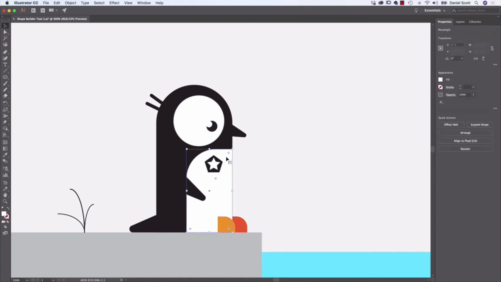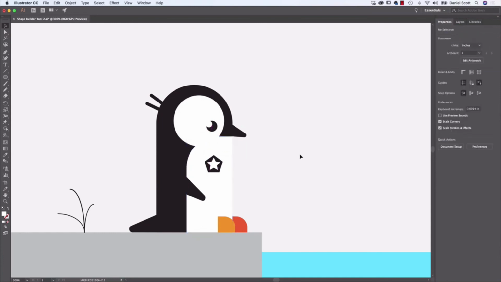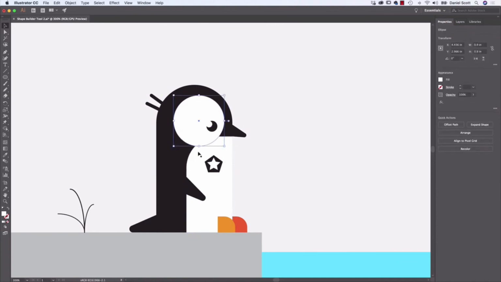What I want to do is join something. So I'm going to click with my black arrow, the white belly. And I'm just going to drag it up here. So it kind of overlaps. I'm going to get it so it matches up with the nose-ish. Because that's the kind of look that I want. I want it to be all kind of one. So I'm going to click this, hold shift, and click this in the center. So that they're two separate units, but using my handy dandy shape